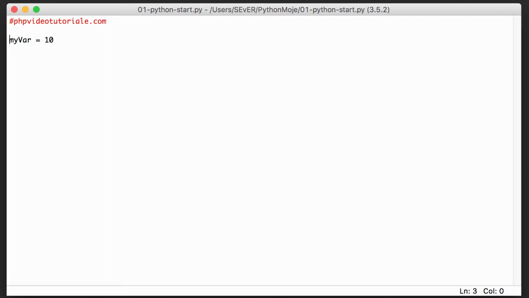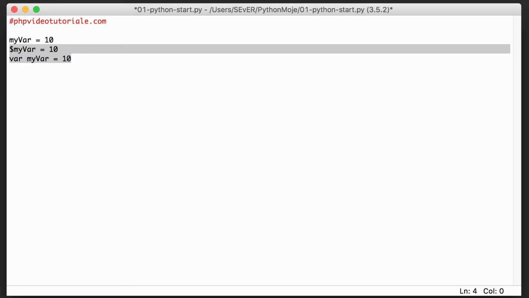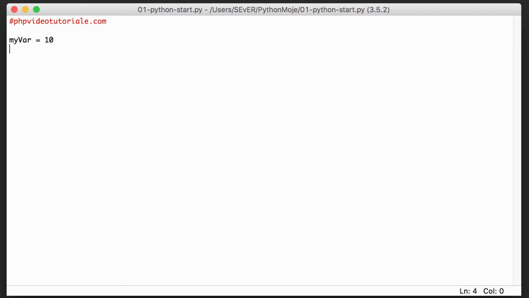In languages like PHP, you might know something like that, you put a dollar sign, and JavaScript maybe uses var, and in Python you just write the name of the variable and give it a value.